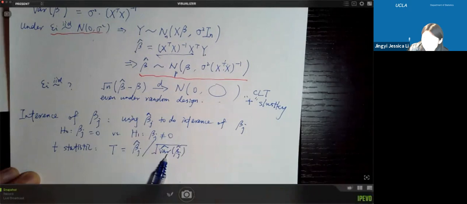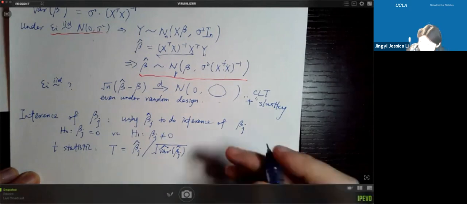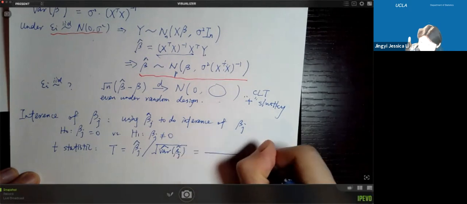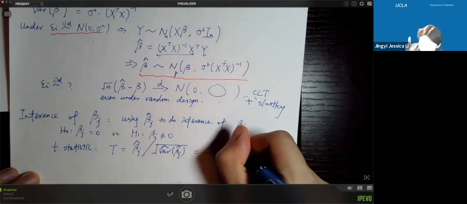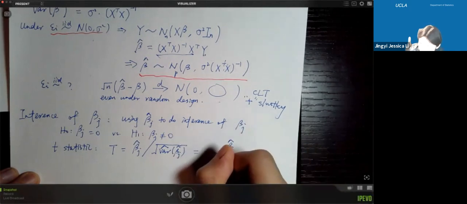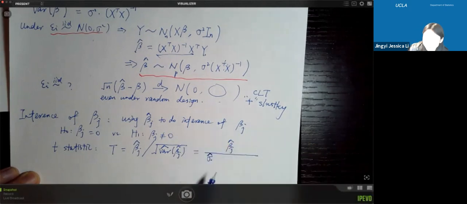We put hat on variance because it's the estimated variance, not a true variance. The true variance will involve sigma, which is unknown. So we write it out, and this is actually equal to beta j hat divided by sigma hat, the unbiased estimator. There's no square, it's just sigma hat,